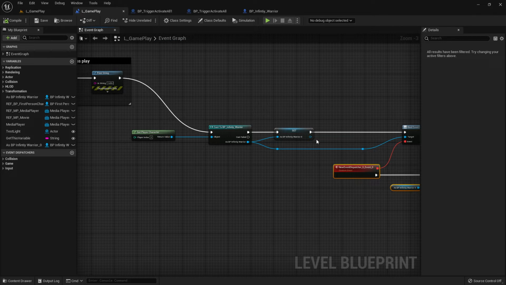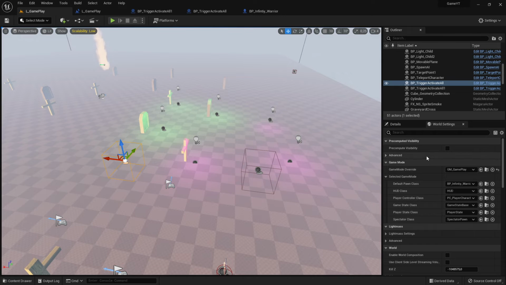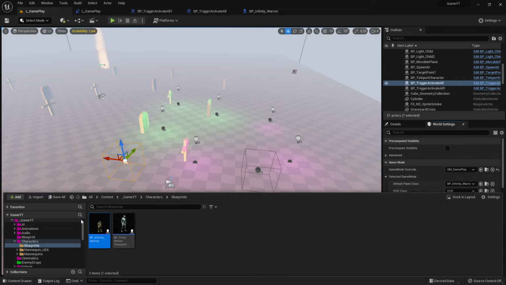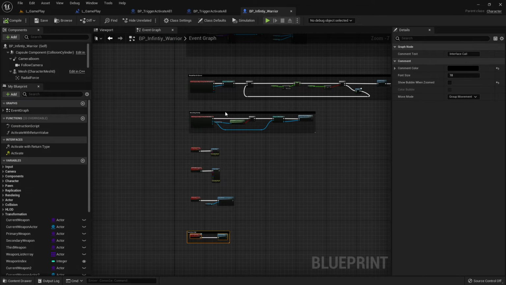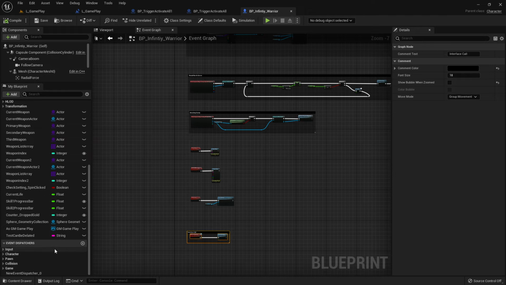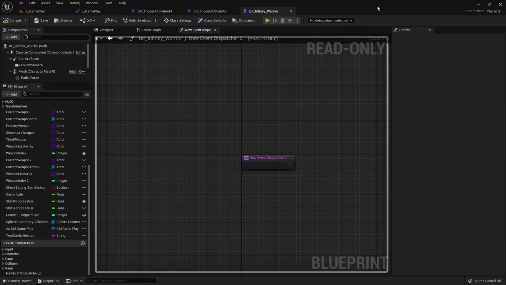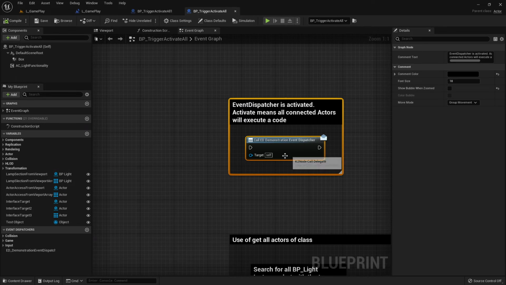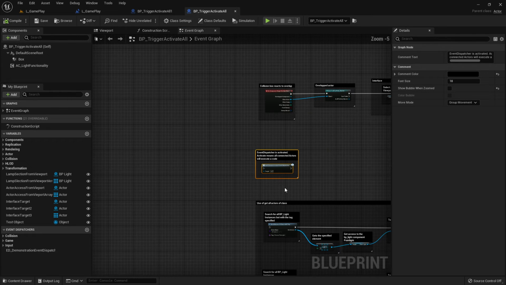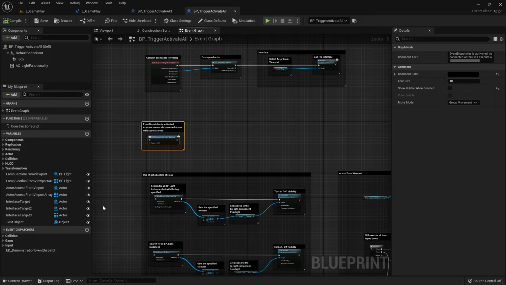What you have to do first is create a dispatcher for this variable, for this level blueprint. In my case, I created it in my character, and down here anywhere it says Event Dispatchers. In my case, I called it, just for test purposes, this event dispatcher here. So I created this event dispatcher,